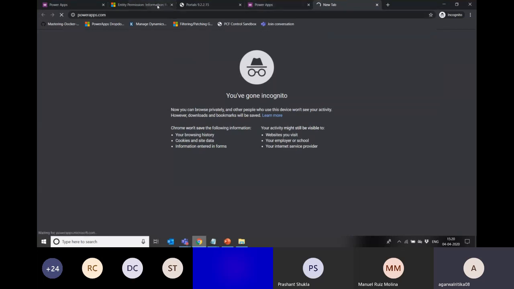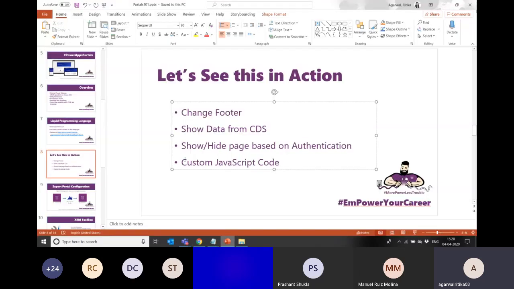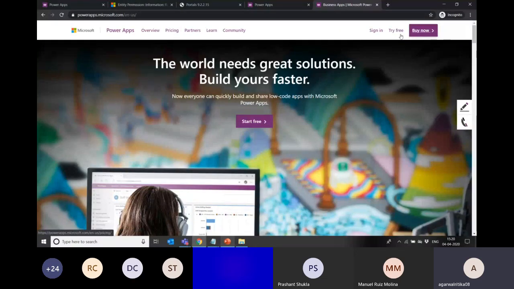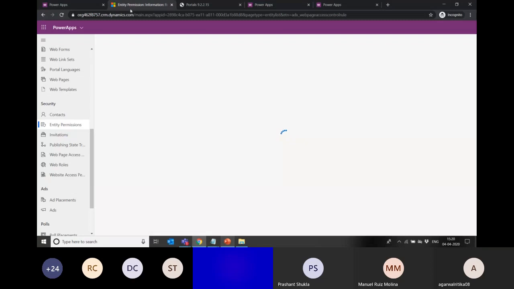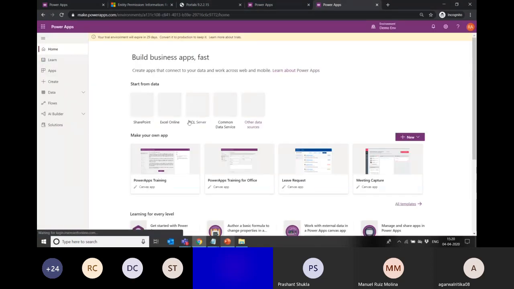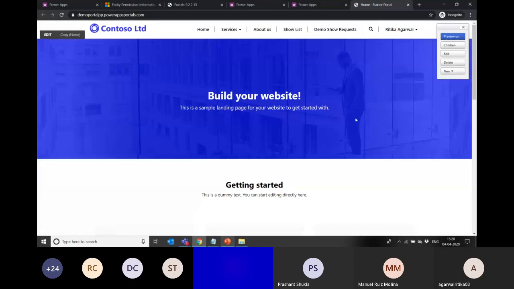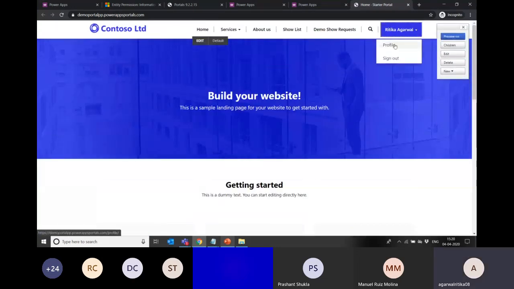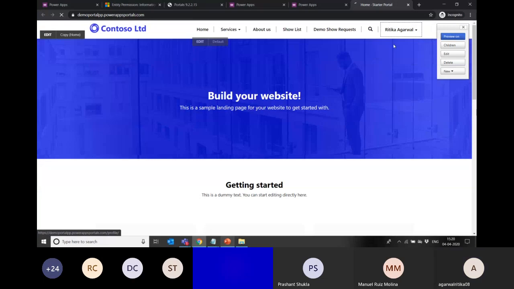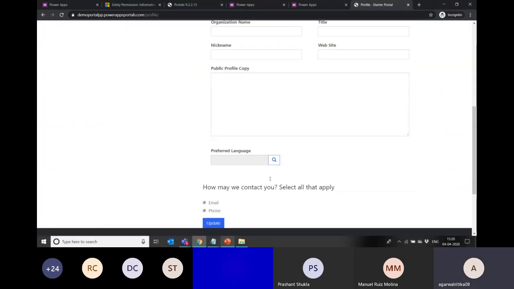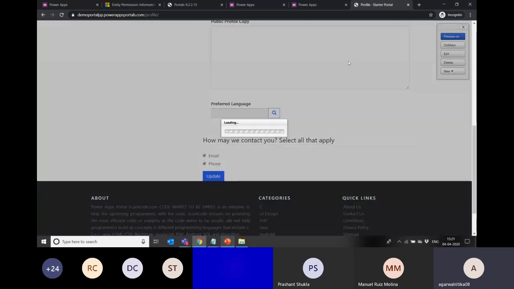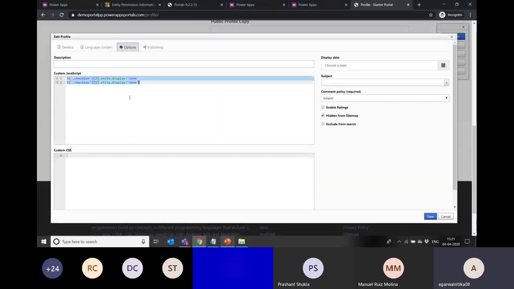So let's go back to PowerApps Portals again. I think we just have 10 minutes left, and there is one other thing I want to demo here, custom JavaScript code. So let me open the portal first. Okay, so let's go to the profile page. Here, I have already applied that JavaScript code. So if I just remove it,